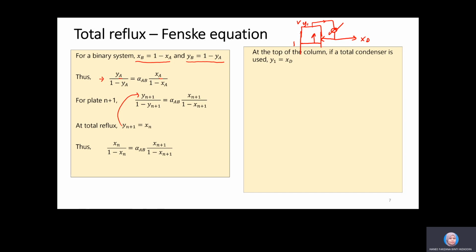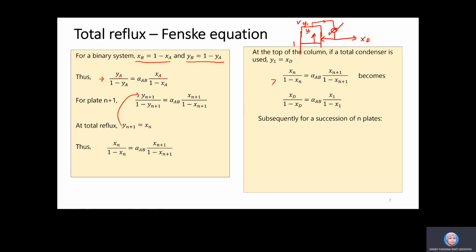So the vapor leaving plate number 1 is Y1, and the liquid leaving plate number 1 has composition X1. Okay, so here at the top of the column, if a total condenser is used, Y1 will be equal to XD because there is no change in the composition. So you can replace it in this equation here. Okay, we follow through. This will become XD over 1 minus XD equals alpha AB times X1 over 1 minus X1. Okay, and then subsequently, for a succession of n number of plates,